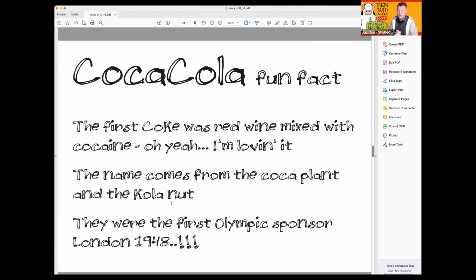And of course, those Yanks came over here just after the war, and they said, you know what? What's Wendy munching? Is that an Oreo? You've got 3 hours' worth there, haven't you? All in one go. Fantastic. So yeah, they sponsored the Olympics in 1948. Yeah, over here, oversexed and overpaid.